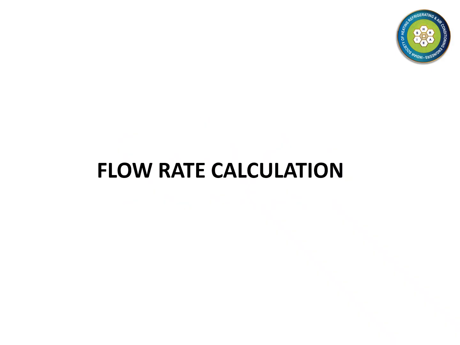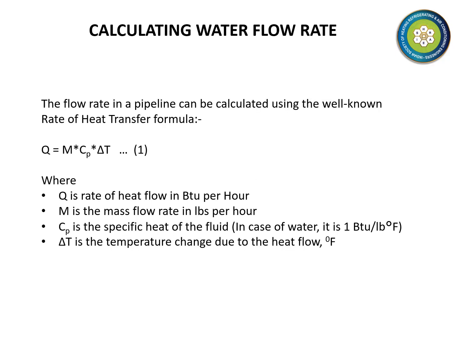In this lecture, we show you how to calculate the water flow rate in the chilled water and condenser water lines. We will use the well-known rate of heat transfer formula to calculate the water flow rate. The formula is Q equals M times Cp times delta T, where Q is the heat transfer rate in BTUs